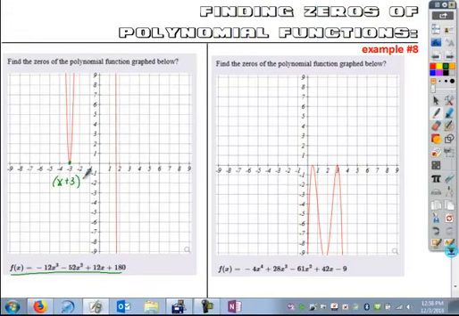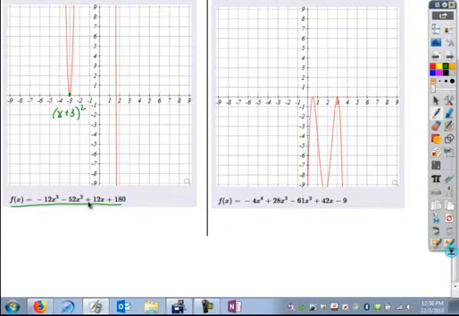Not just that, but how many of these factors are there going to be? 2, and you know that because it bounces off the intercept, right? So you know that this is going to be an x plus 3 quantity squared. So if you were doing this by hand, the way that you would work through and solve this problem would be the following. You could take your original equation,